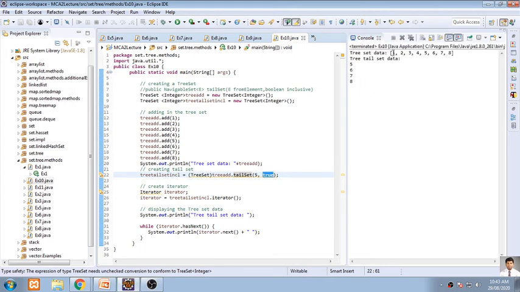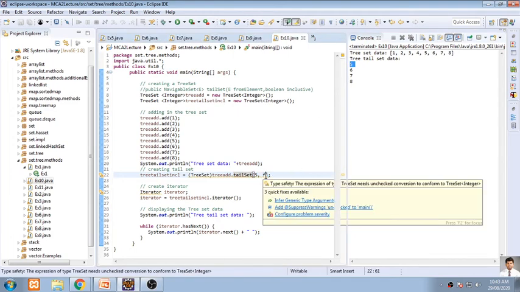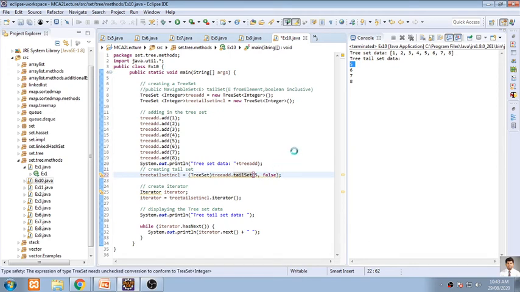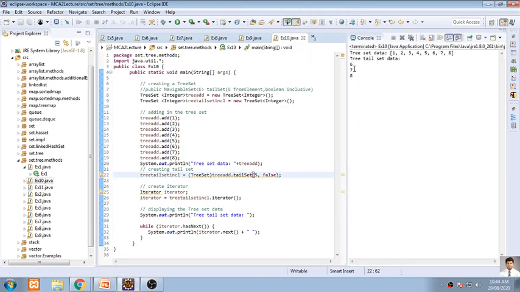See, you are getting all these values. As we have seen, 5 is there, 6 is there, 7 is there, 8 is there. And as I am saying true, 5 will be displayed. If I am saying false, by default false, when I run this program I will get an output where 5 will be removed. 5 will not be considered. The simple example, tail set and head set.